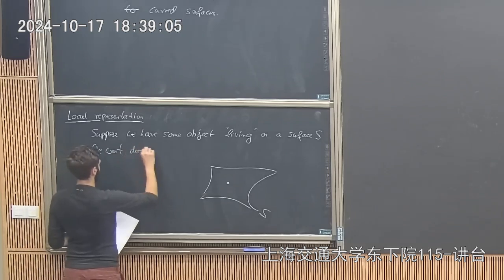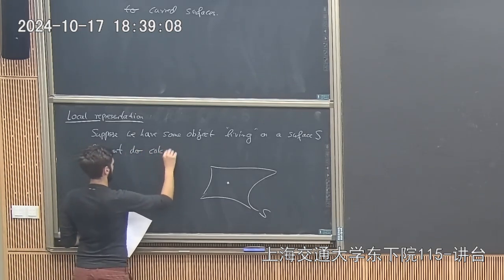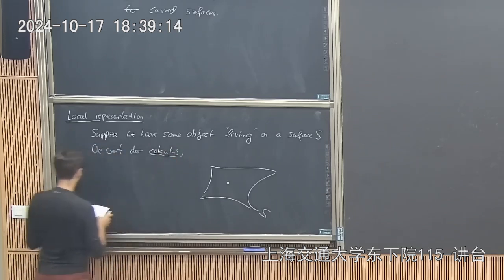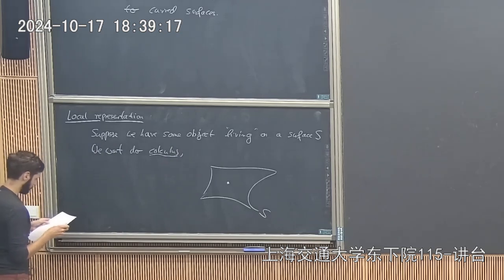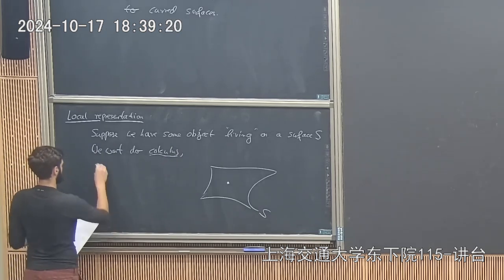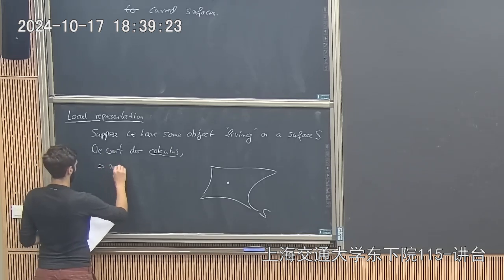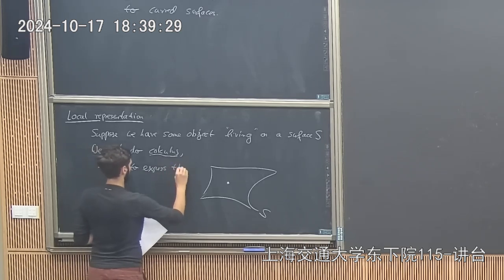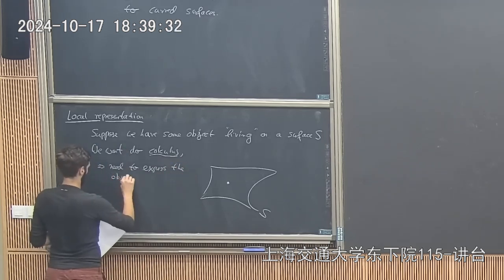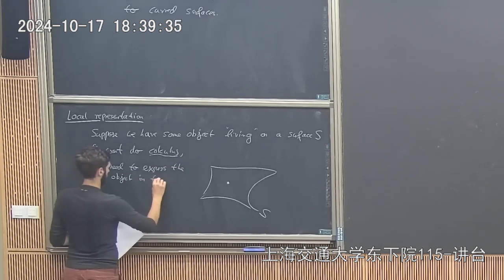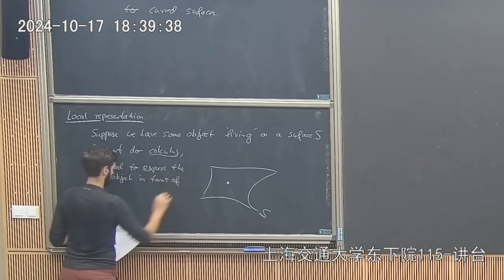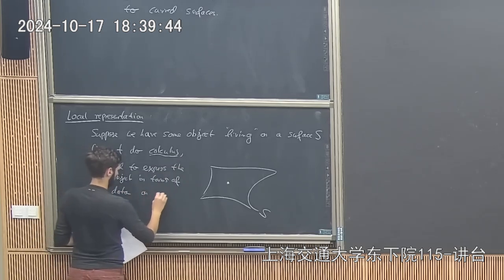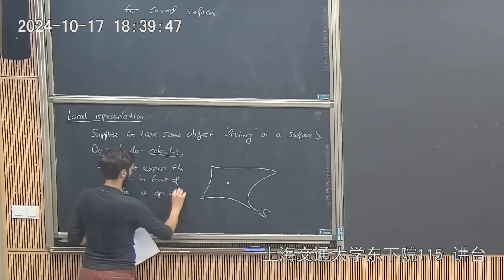So we want to do calculus, and for that we need to express the object in terms of data on open subsets